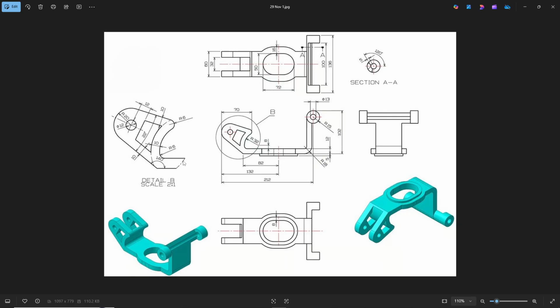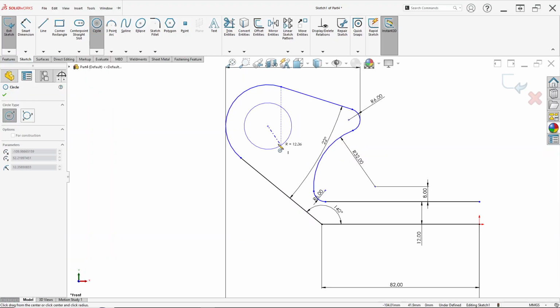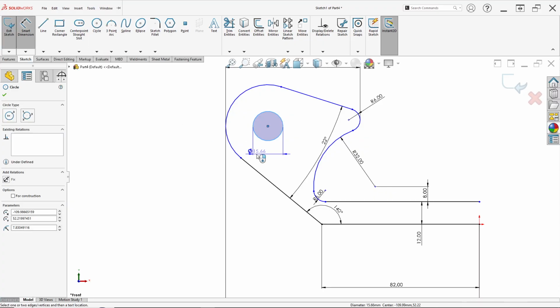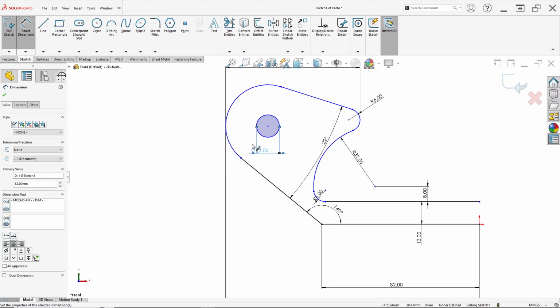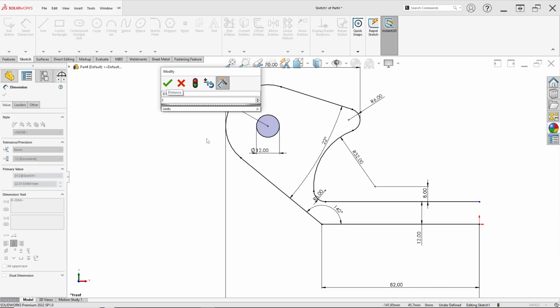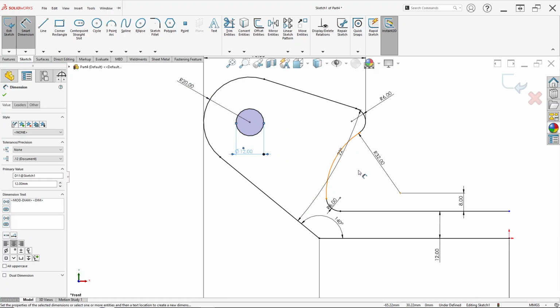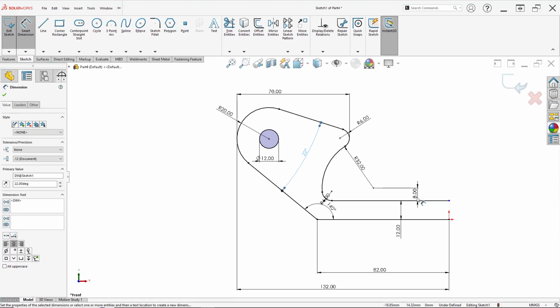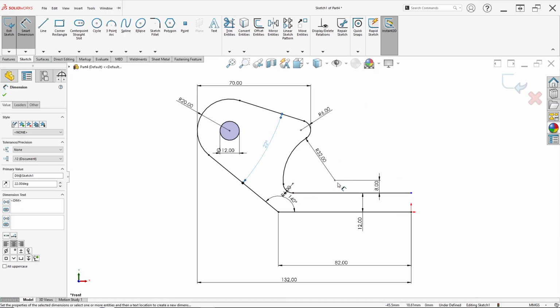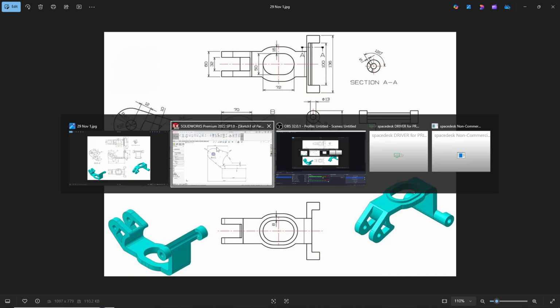Okay, it's so simple. And don't forget here there is a hole with a diameter of 12 from this center, diameter 12 millimeter, and here a radius of 20, input 20 millimeter, like this. And here we can see a distance of 10.